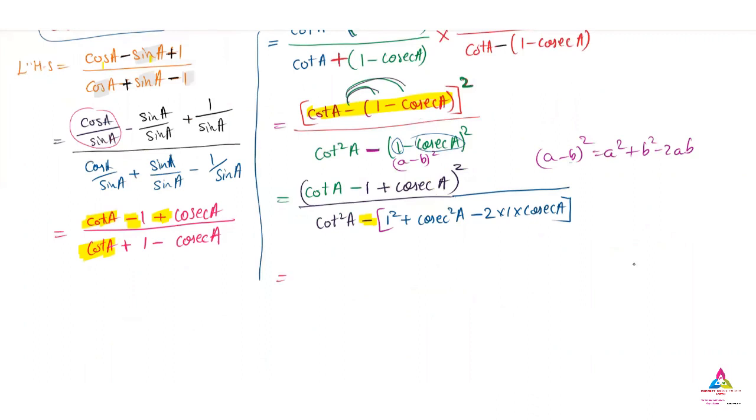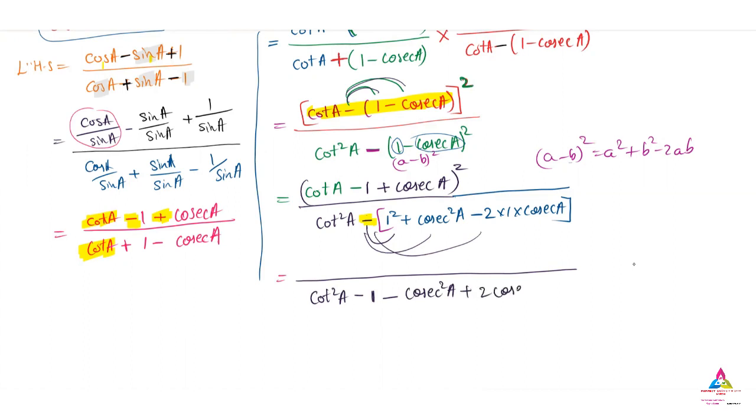The above thing, that below thing we have understood. So I will write down one last sentence, that is below thing one I will go. Cot square A minus 1 square, that is negative sign, what is that? I will multiply for whole. So minus 1 the whole square, that 1 square is 1 only, so minus 1 minus the positive minus cosecant square A. I am taking only denominator, okay? Minus into minus positive 2 cosecant A. Okay, the denominator work is finished.